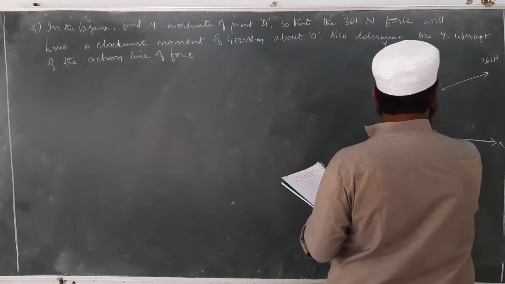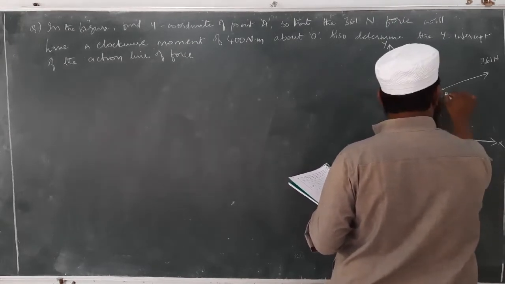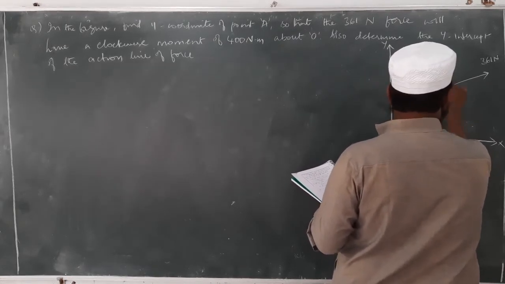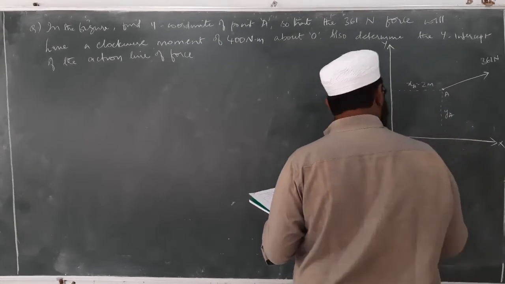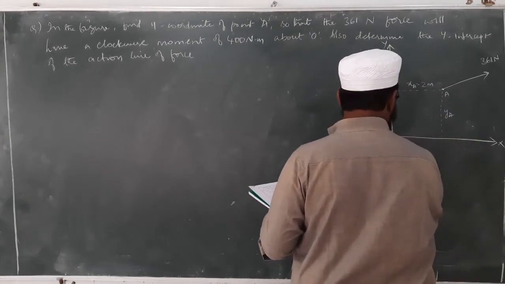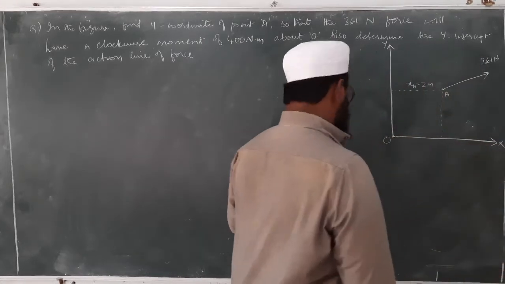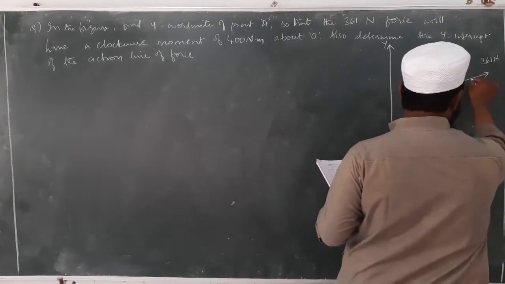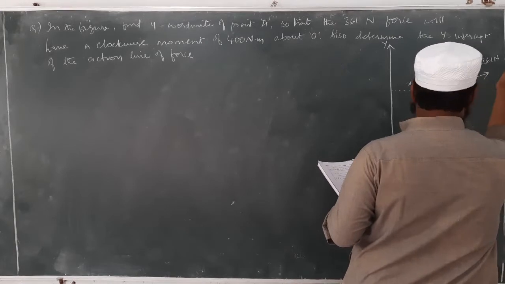This distance is given as XA, this is point A, which is 2 meters. This we have to calculate, and this is point O. So, these are the things given in the question. Along with that, they have given us this also, that is, this is 2 and this is 3,